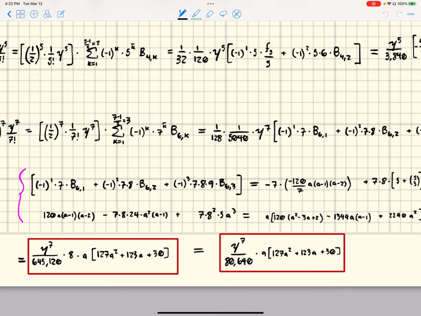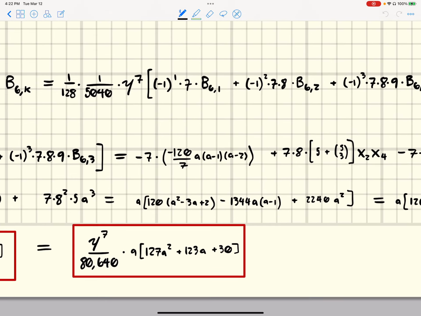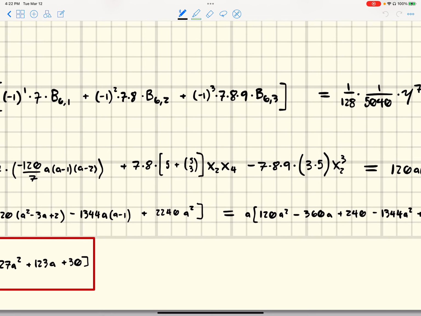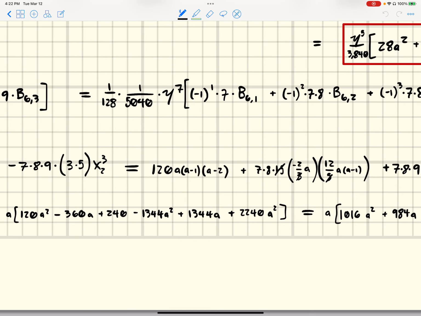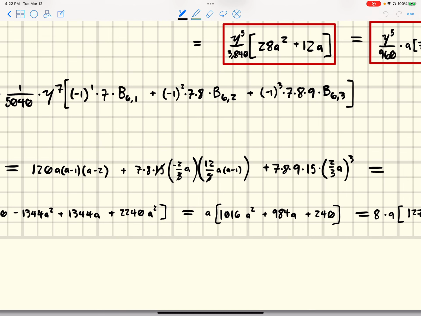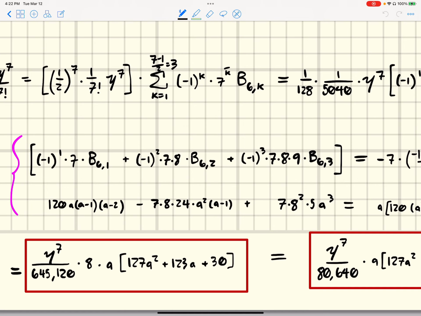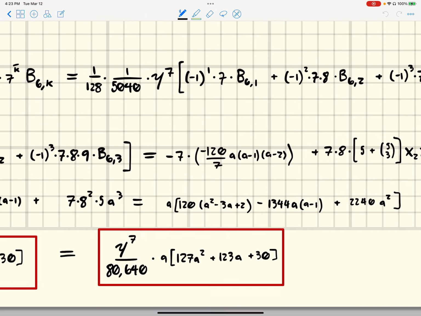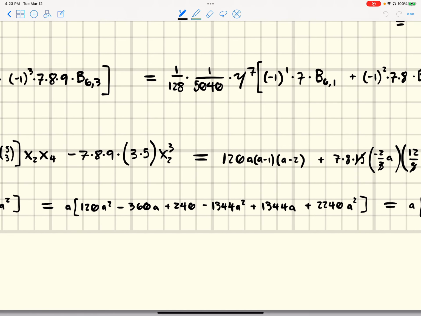And then here's more of the algebra. There's a lot of simplifications that happen, lots of cancellations, lots of interesting things that you could really dive in on if you were looking for more improvements. But as you can see, at the end of the day, what you get is simply, again, a polynomial in A